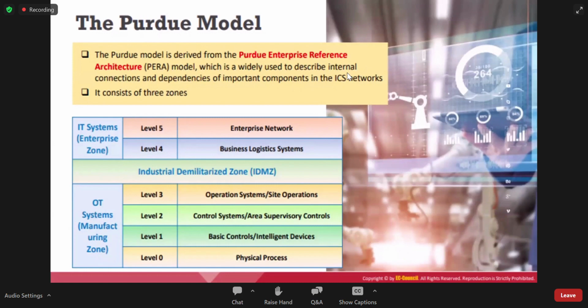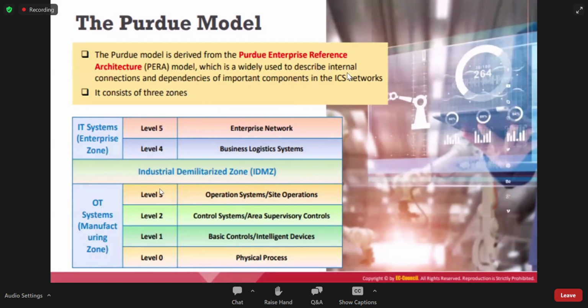But if it comes under industrial, it is called the industrial demilitarized zone, where if the particular devices or the network is compromised, if the particular OT is compromised, it still cannot affect any of these networks. So this is the important network which we have to secure. It will be in a secured location or a virtual location, and these will be in the outermost layer.